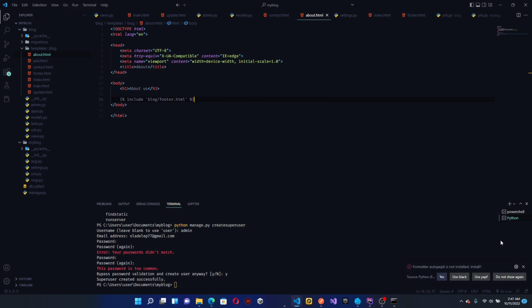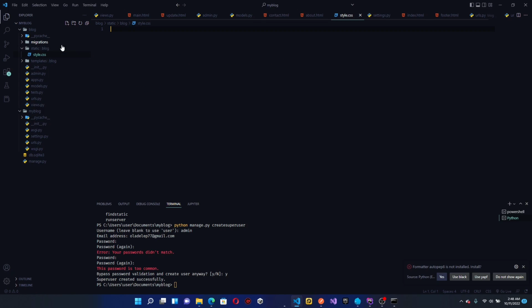All right, so moving to the next part, let's look at how we can add CSS. To add CSS, in our folder here, you have to create another folder called static. Basically this is like telling Django that our files are loaded in this place. So inside the static folder again, I create a folder called blog. Inside that blog, I create a file called